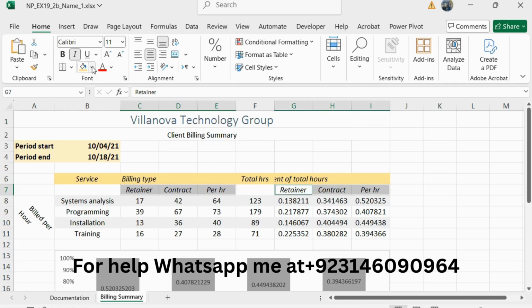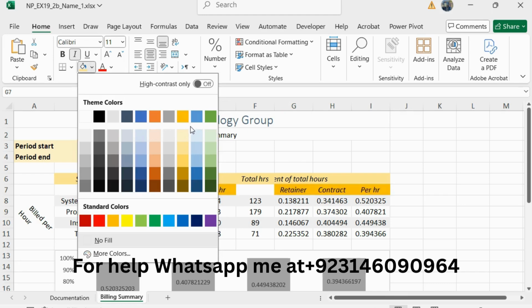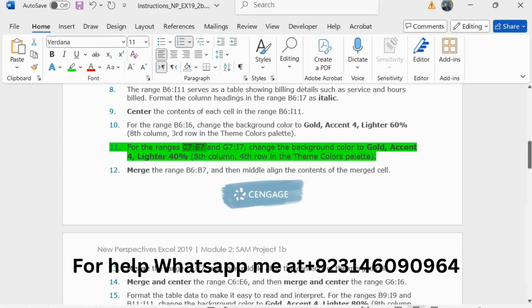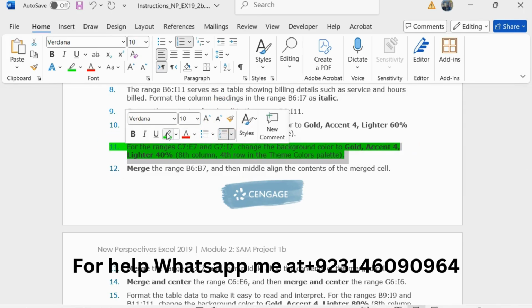Now click on fill color and now select Gold Accent 4, Lighter 40%, this one, to format the range. So I have completed 11 steps successfully.